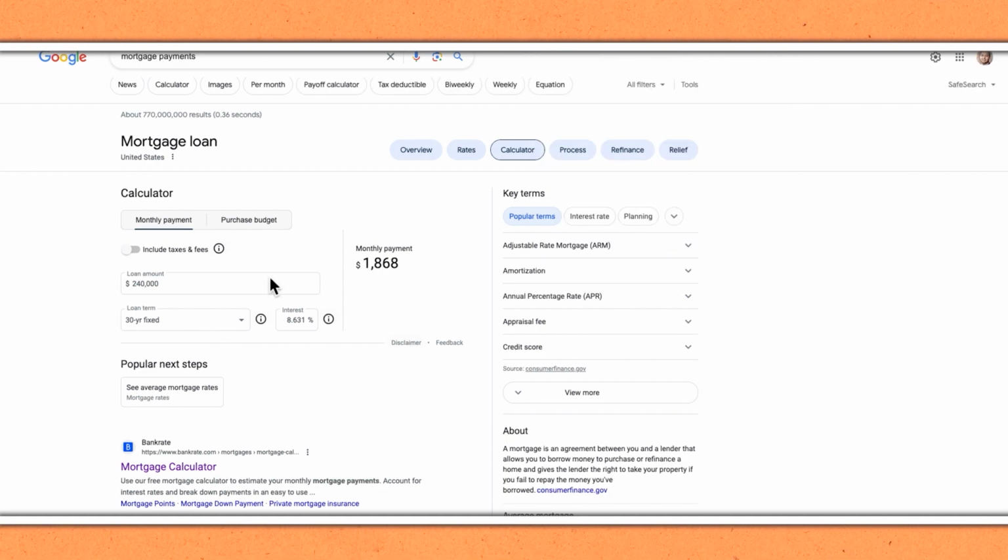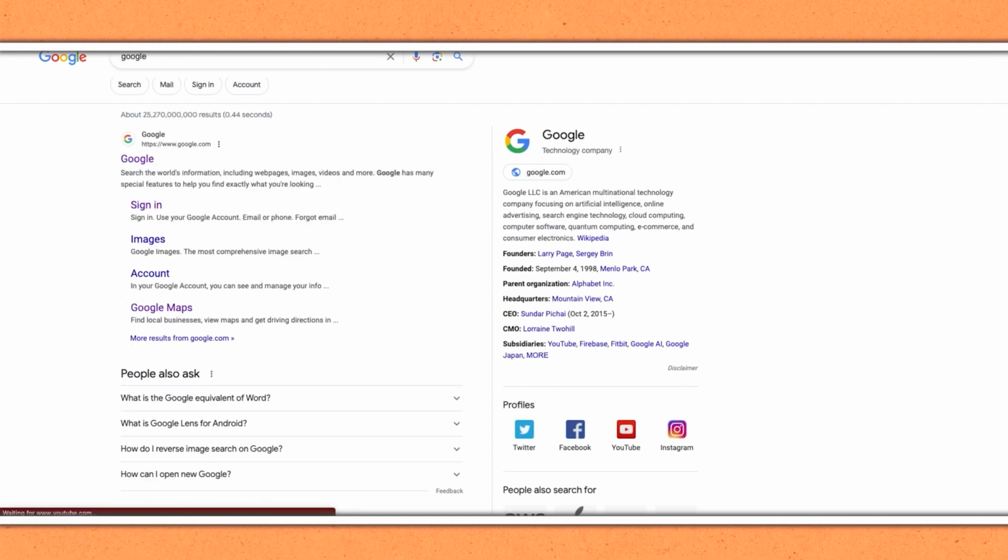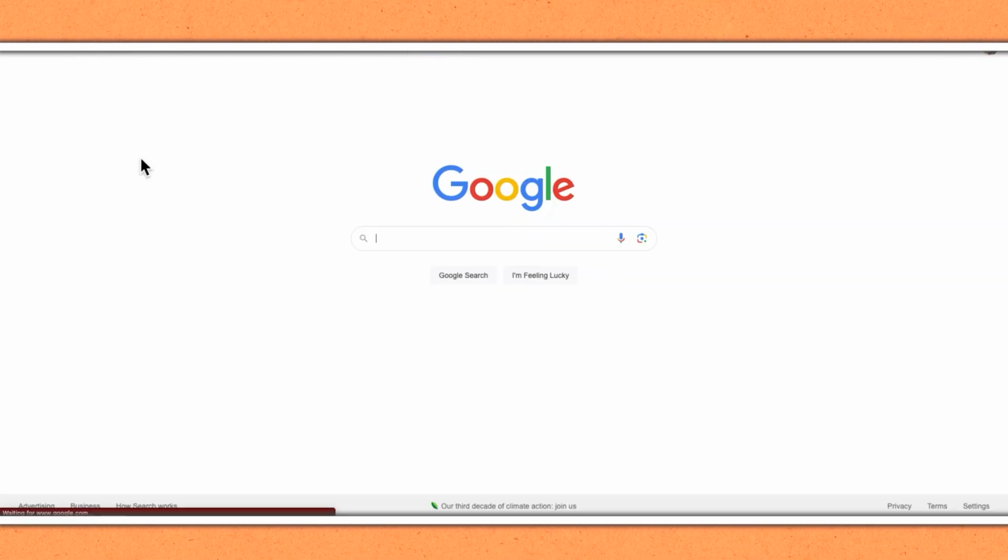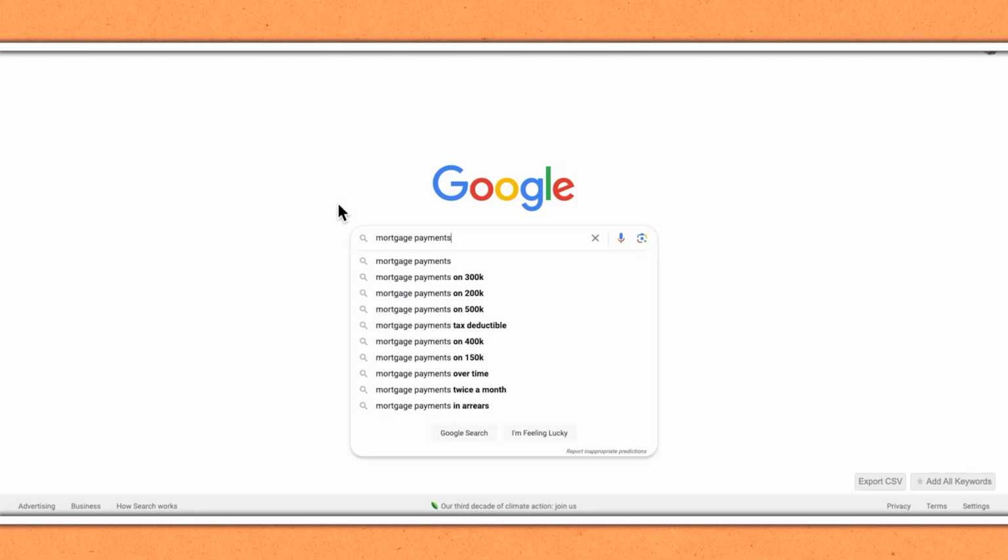So where I was going with this was, if you don't want to pay for Keywords Everywhere, that's completely okay. All you have to do is go to Google Keyword Planner. If you have an AdWords account or an ads account with Google, you're going to be good to go. So here, mortgage payments. There's 22,000 searches per month. Okay. And then this is the ad spend, the bidding amount that you can expect to pay per